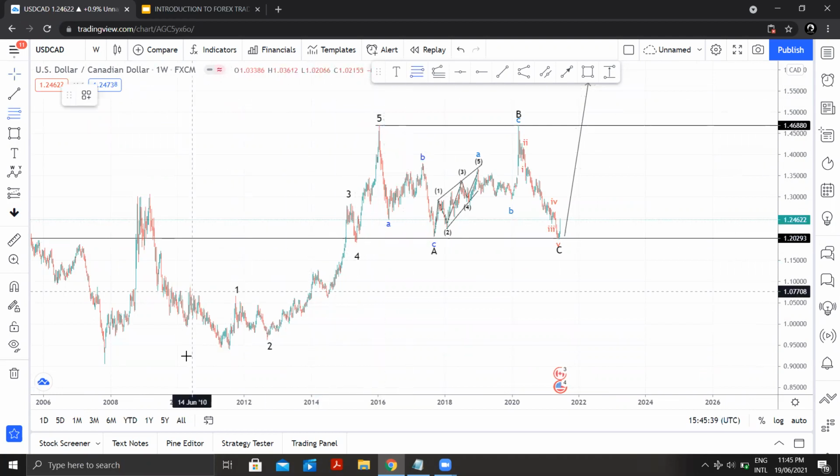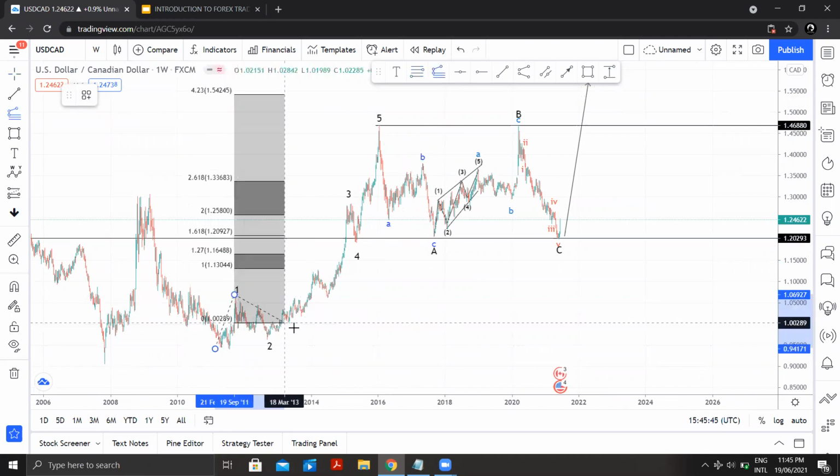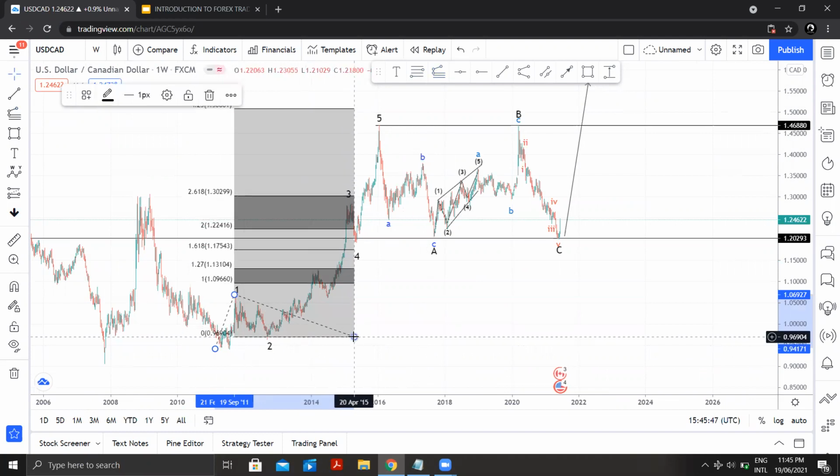So let's confirm wave 3 if we price them in order. Can you see now the 2.618 of the retracement of wave 1 price? Can you see the first price stopped at 2.17? If you look at this level, price stopped and there is a retracement to 1.27 before continuation of the wave